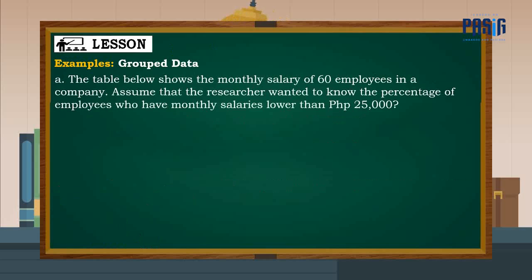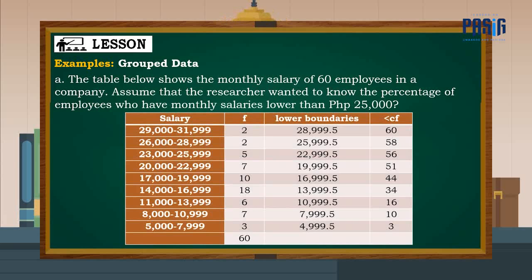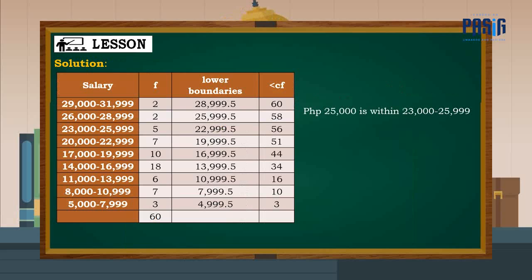A. The table below shows the monthly salary of 60 employees in a company. Assume that the researcher wanted to know the percentage of employees who have monthly salaries lower than 25,000. Solution. Since 25,000 is within 23,000 to 25,999, we obtain the given. Lower boundary is equal to